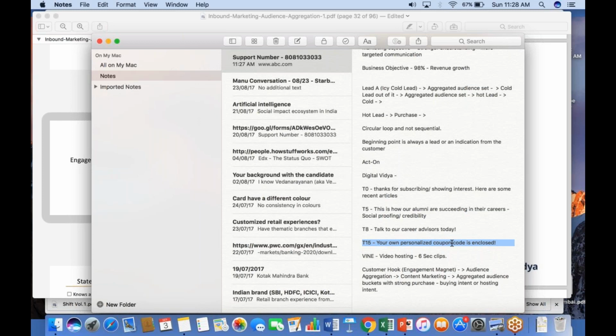So the hypothesis: if this had been the first point of interaction, if in my first interaction with the lead I were to directly give the personalized coupon code, in all likelihood the lead may not have converted because he's coming through as being too salesy. But I'm doing this at my interaction number 4. So the chances of success are obviously significantly higher. So this is how a Digital Vidya or a Simplilearn, which sells fairly non-standard products and comes from the online education category, would approach audience aggregation via emailers.